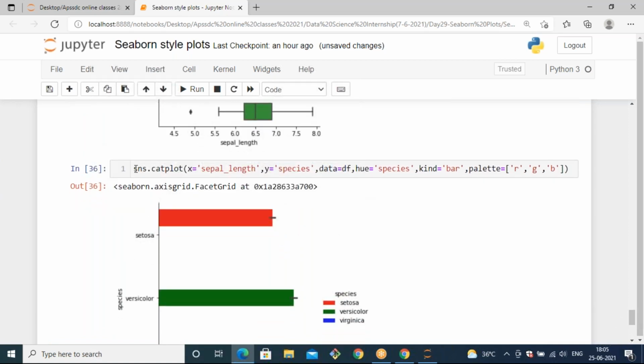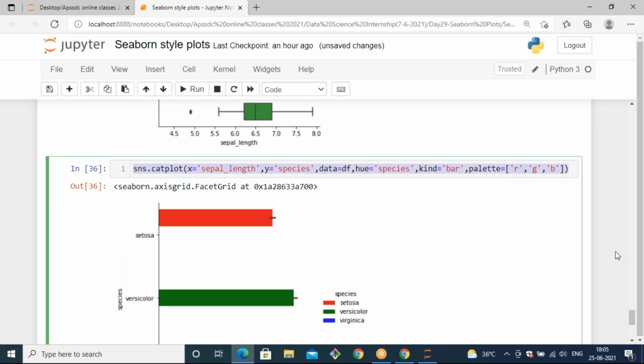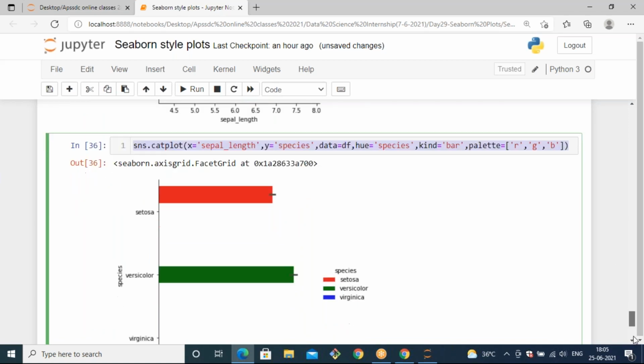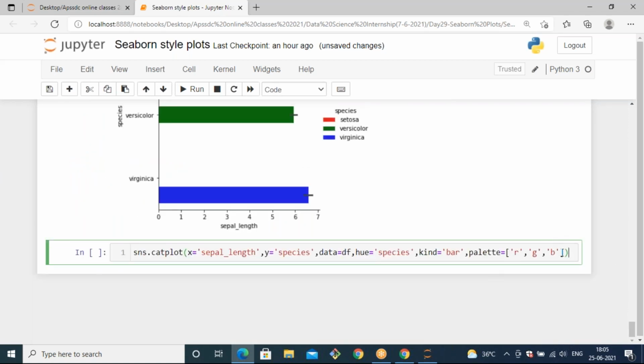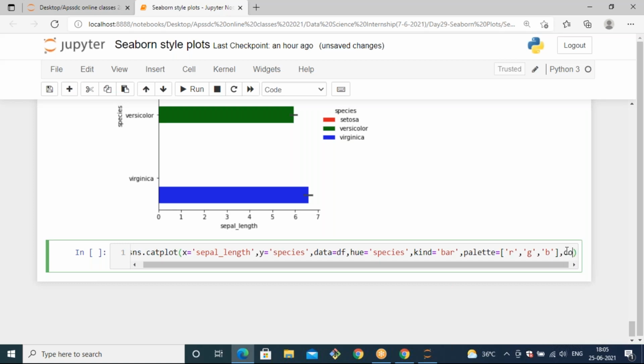Now we have one more parameter. By using a particular column, you can plot something. For that, you can specify one more parameter, that is col.